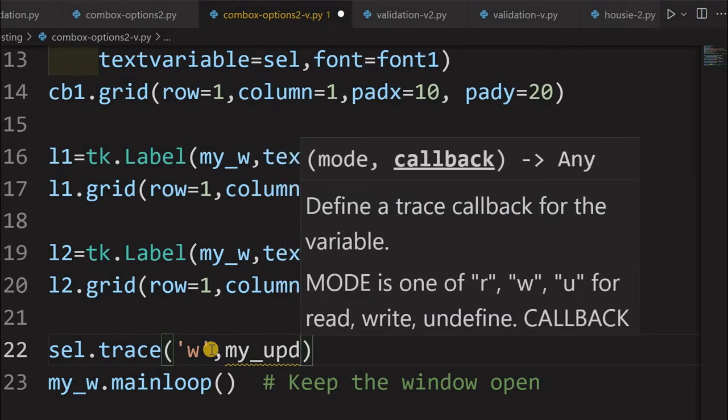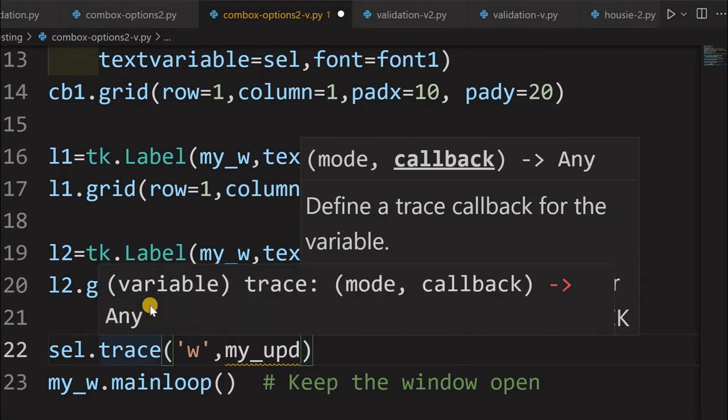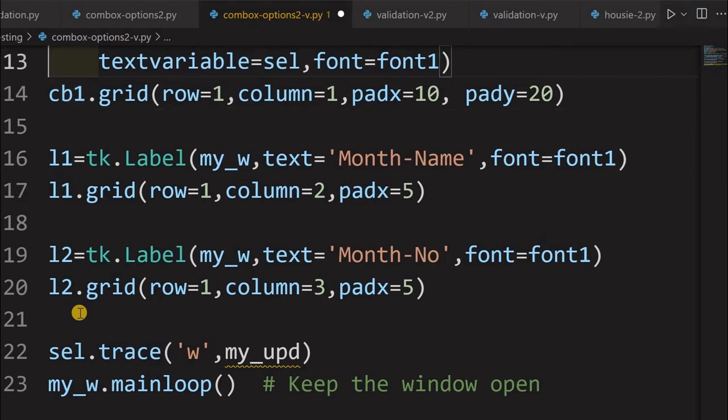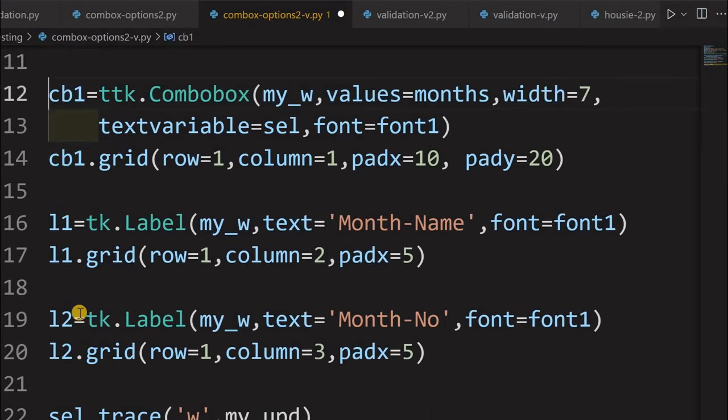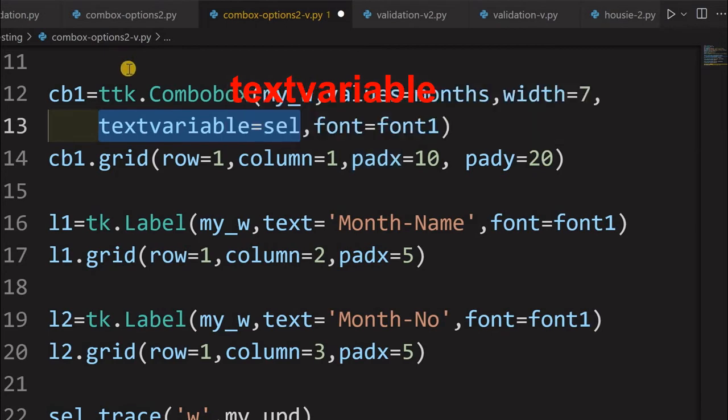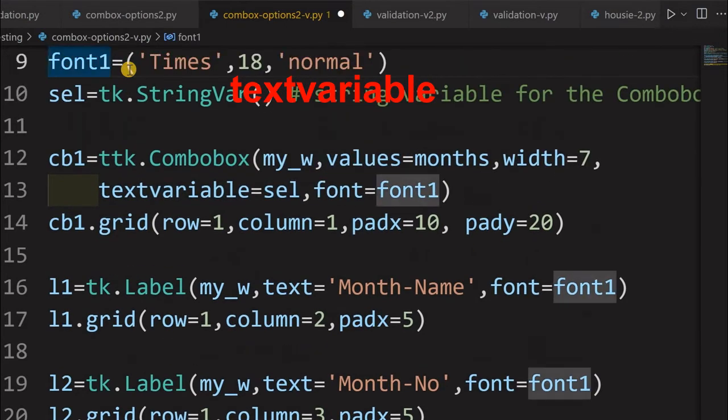I have so far not written it, I will be writing it. So every time the value of sel is changed, that will trigger this function. And how will this sel value change? Because here you can see we have connected the text variable sel, here it is. So anytime the combo box option is changed or selected by the user, this will trigger it.